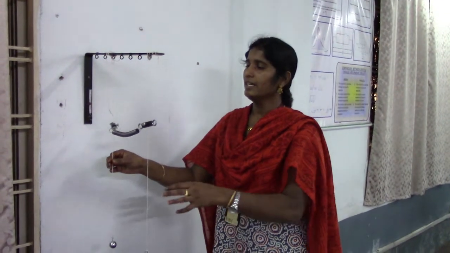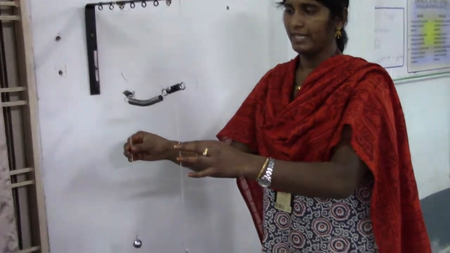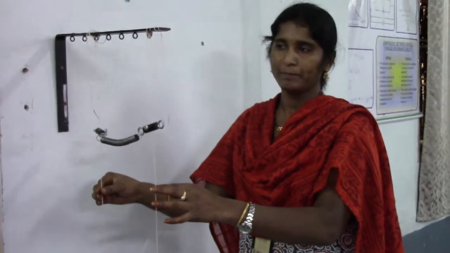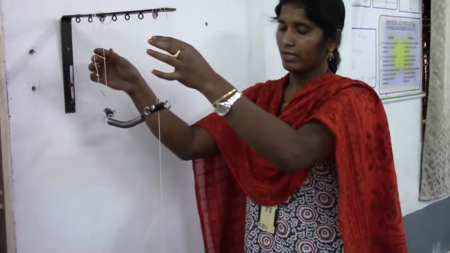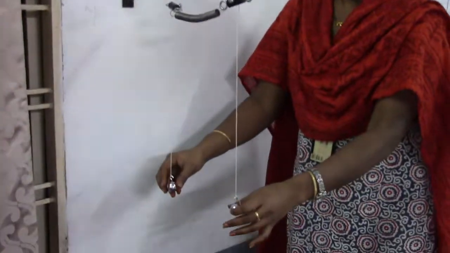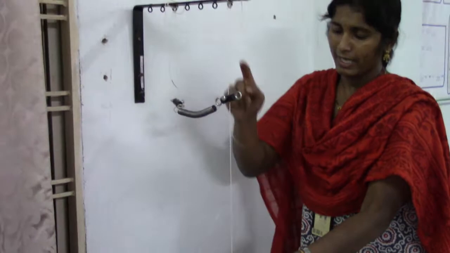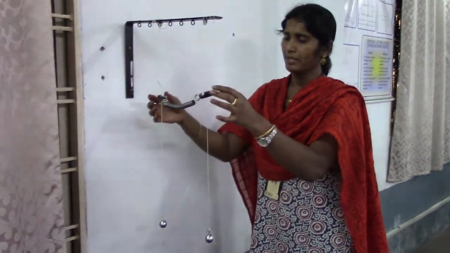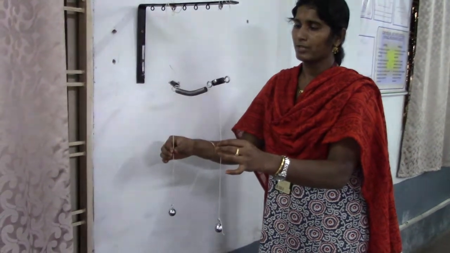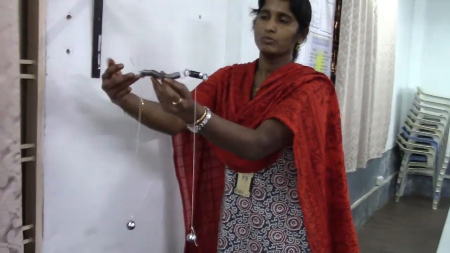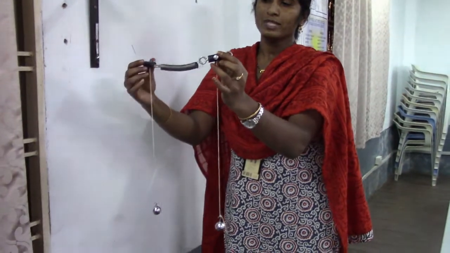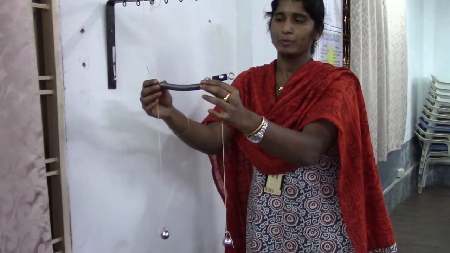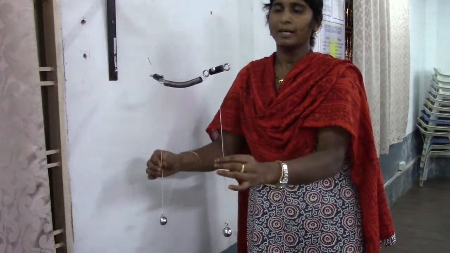Now, to calculate the angular frequency of the coupled oscillator, I perform the two pendulums in both the parallel mode of operation and the anti-parallel mode of operation. Here also I have taken the same weight bobs and the same distance, 61.5, as in the earlier uncoupled case. I just coupled these two pendulums with the help of a spring. So by using some bakelite lids, I have connected these two pendulums with respect to the spring. This setup I call a coupled oscillator.